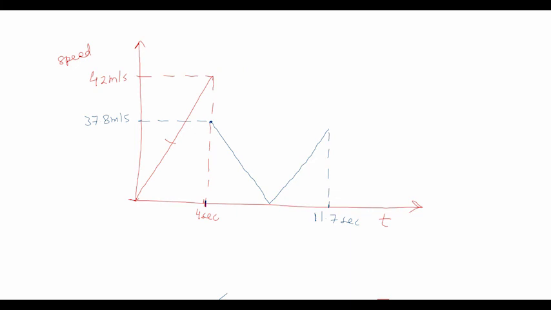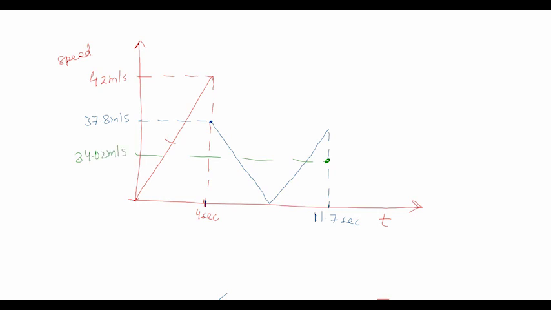So over here at this point the ball again makes the impact with the ground and loses 10% of its speed again. So if we lose 10% of this speed, we can calculate the next speed as 37.8 times 0.9, which is equal to 34.02. So just after making the impact, the speed is going to drop almost instantly to 34.02 meter per second,